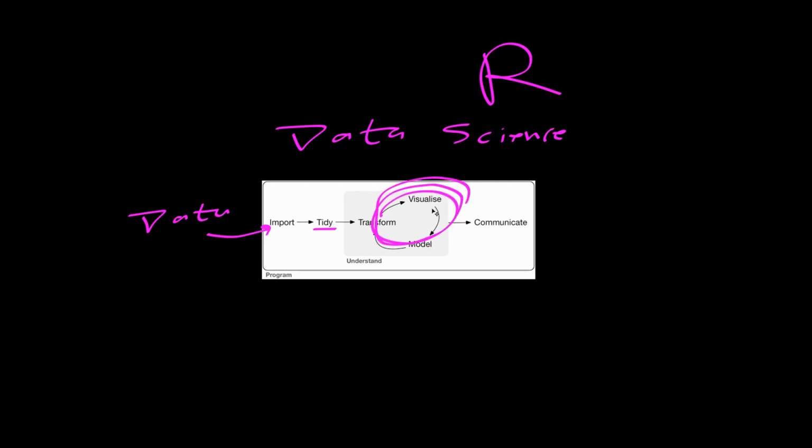This figure right here is from a textbook on data science in R. And we might think of this as the data science pipeline. So we have some data out here, and then we need to import that data. We need to tidy it up, and then we iterate through this cycle of transforming the data. That could be adding new variables, computing summaries or transformations of other variables, visualizing the data, which is what I'm